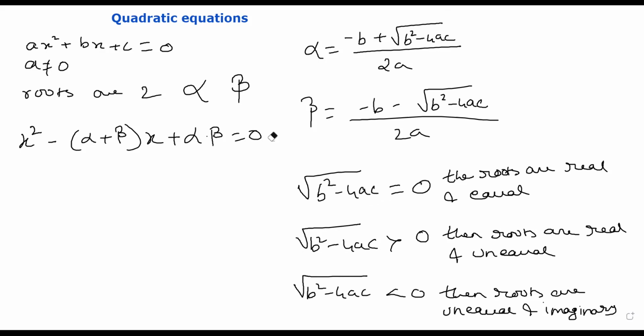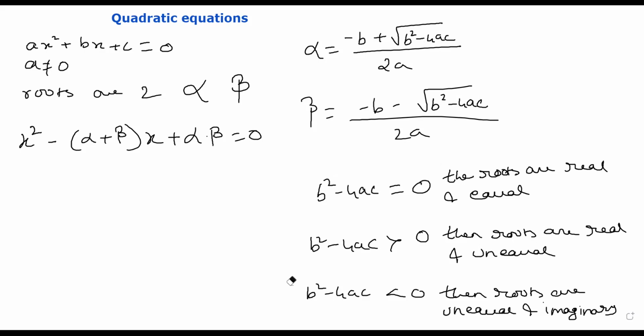Actually, we need not find out this under root value also. Only for b square minus 4ac if you determine this. So if it is 0, then under root 0 is also 0. If this is greater than 0, then it will be a positive under root. It may give you a rational number or whatever it is, but the roots will be real and unequal. If this is less than 0, in any case, under root of a negative number is imaginary.